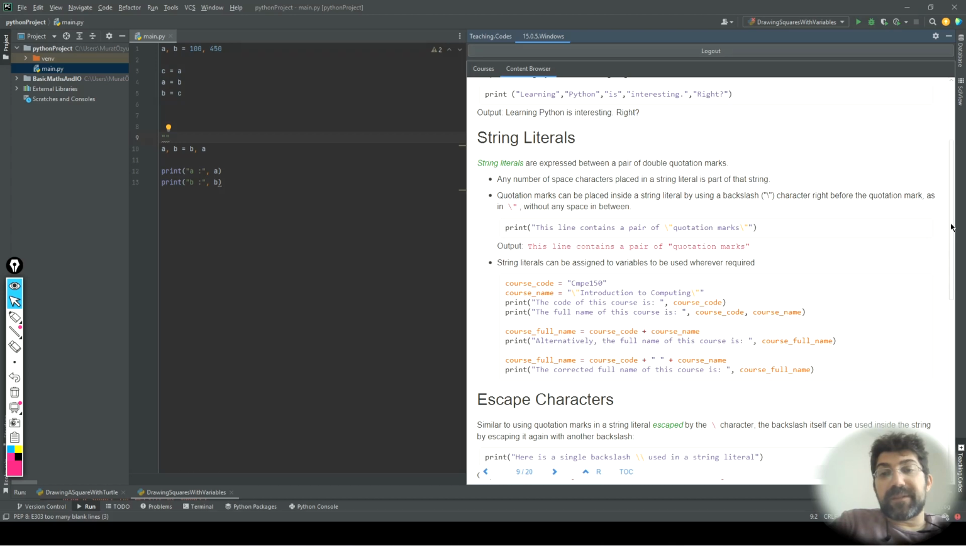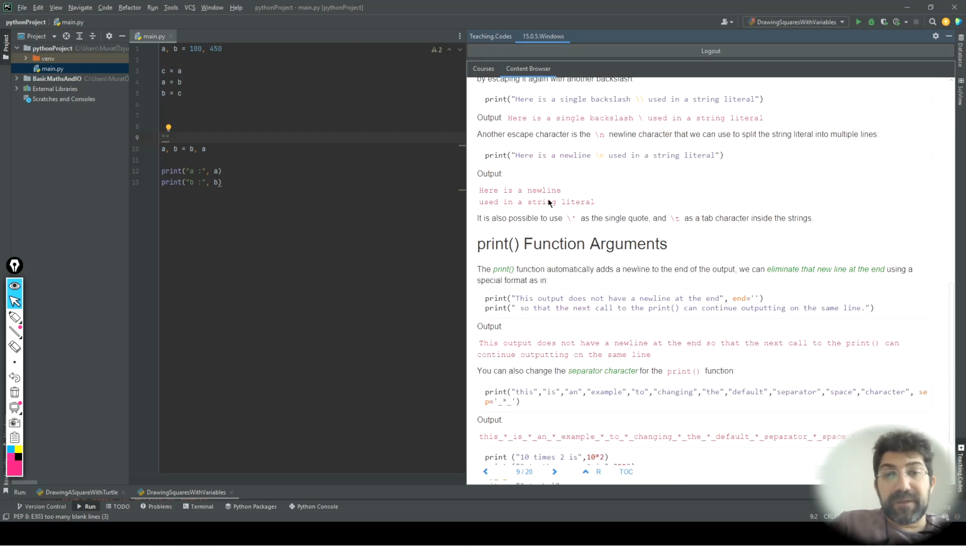There are some special symbols Python uses to differentiate operators from letters or symbols. If you need to add a special symbol, such as a quotation mark, as in this case, so Python will,